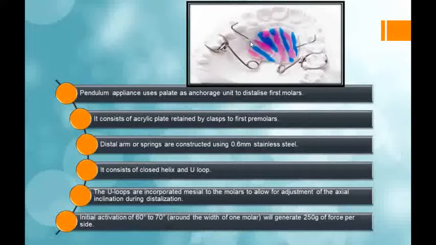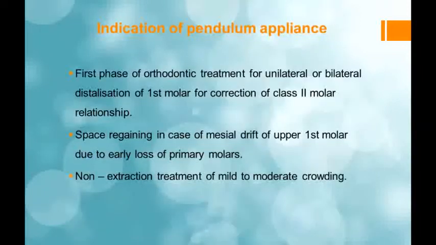The U-loop is incorporated mesial to the molar so that it allows for adjustment of the axial inclination during the distalization. An initial activation of about 60 to 70 degrees will generate 250 grams of force per side. The indication of the pendulum appliance is the first phase of orthodontic treatment for unilateral or bilateral distalization of the first